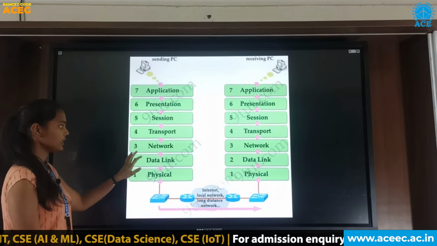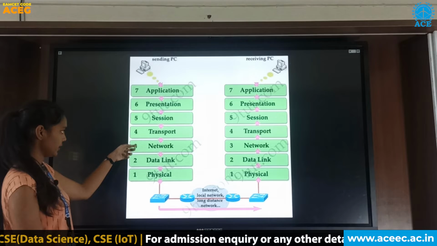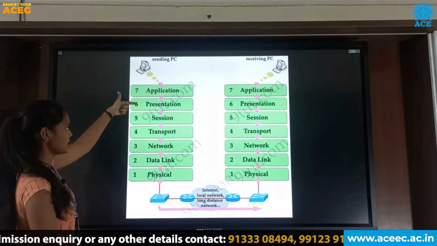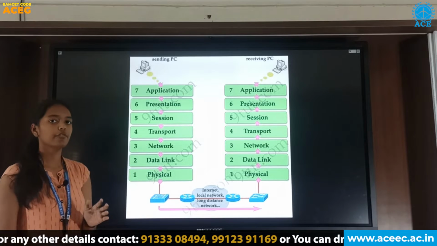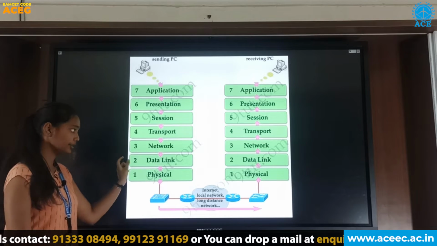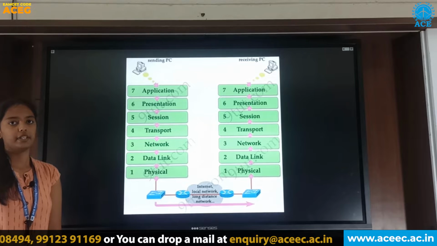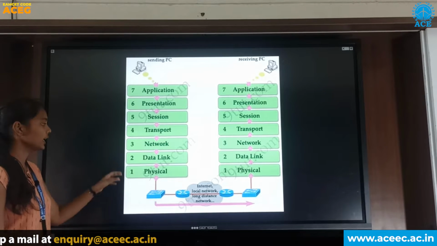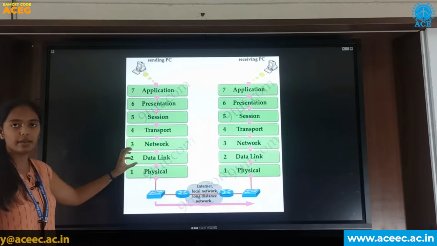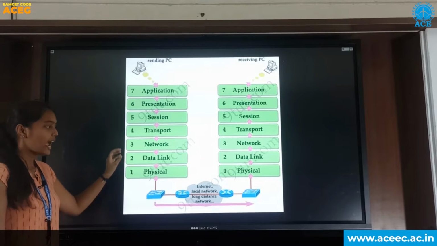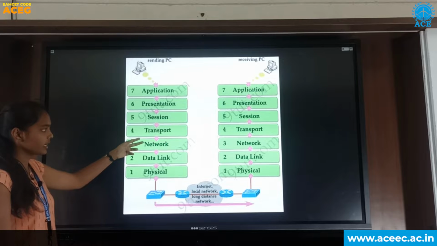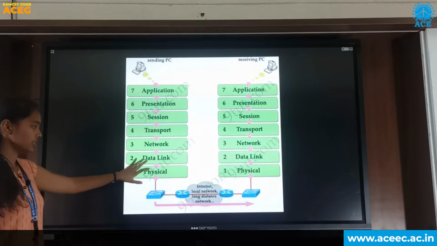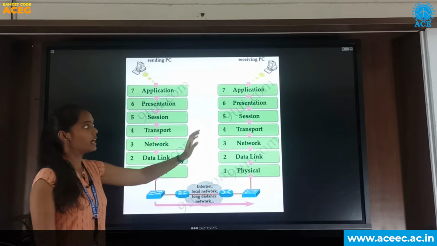First one is the physical layer, second is the data link layer, third one is the network layer, fourth is the transport layer, fifth one is the session layer, sixth is the presentation layer, and seventh is the application layer. The framing is done at this data link layer. In the physical layer, data can be transmitted from the source to the destination. The data link layer packs the bits into the frames, and the data link layer gets the packets from the network layer, that is the upper layer of the data link layer. It transfers the bits by bit to the receiver side.